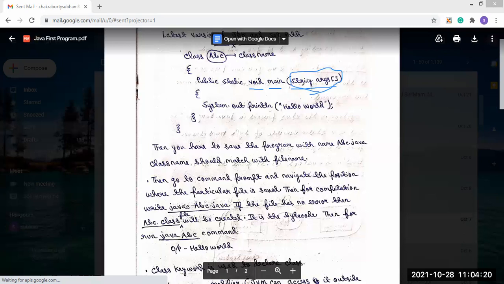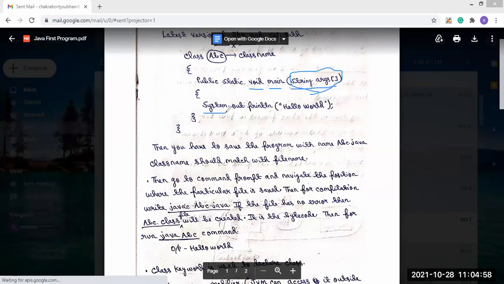So we always give it as the string type.